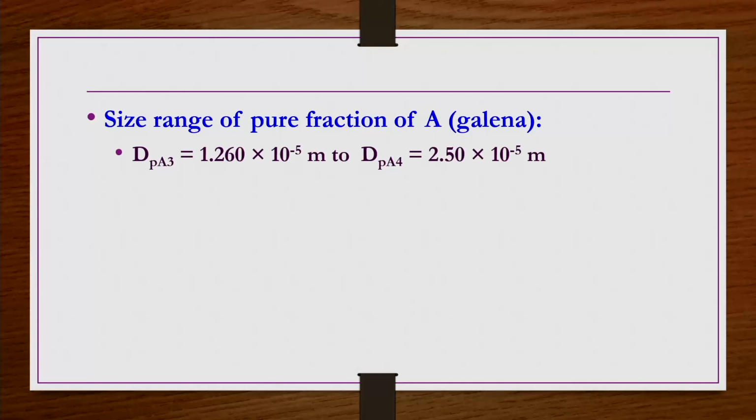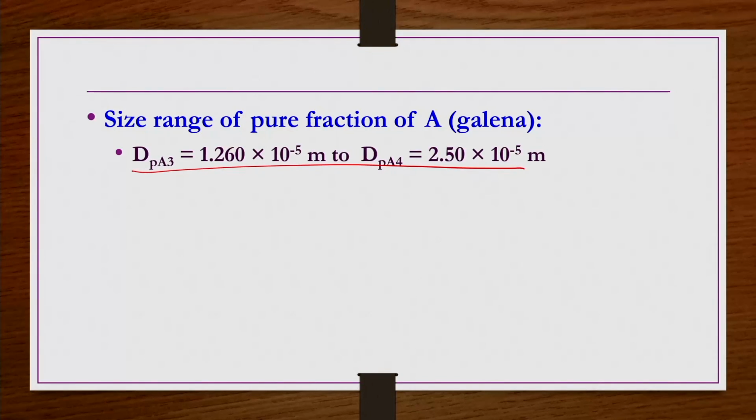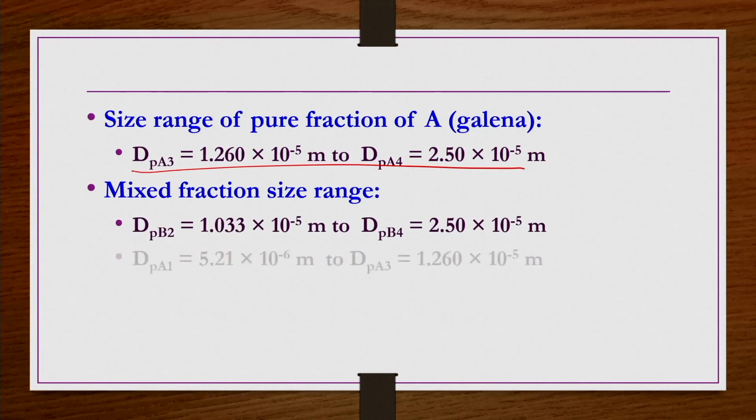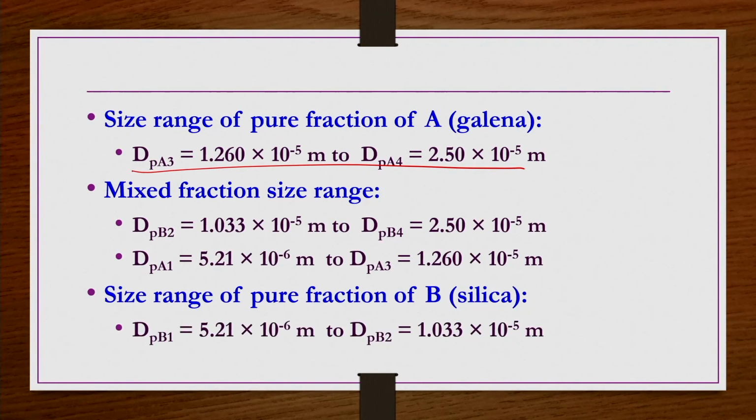5 meter size particles of A type will be settling at the bottom, because these particles are going to have a larger settling velocity compared to any of the B type particles. So, the pure A fraction is forming at the bottom with this size range. And then the size range of pure fraction of B, that is dPb1, 5.21 into 10 power minus 6 meters to dPb2, 1.033 into 10 power minus 5 meters, that is the